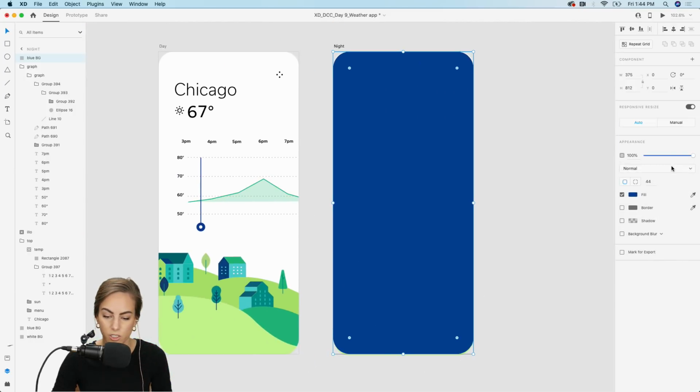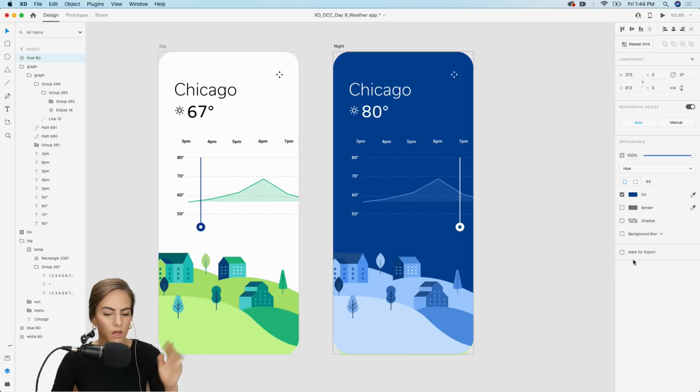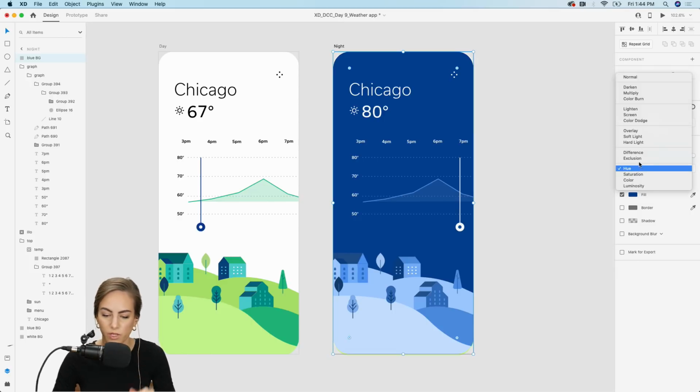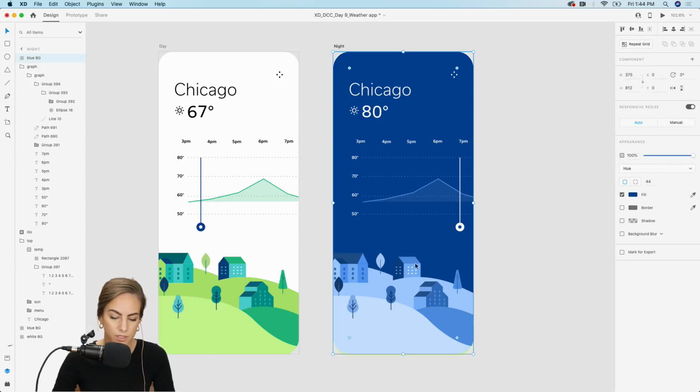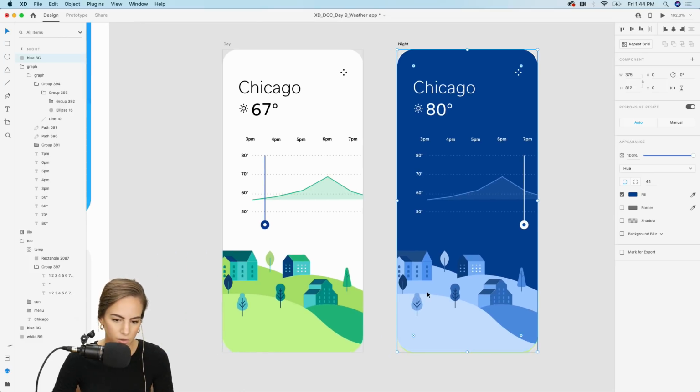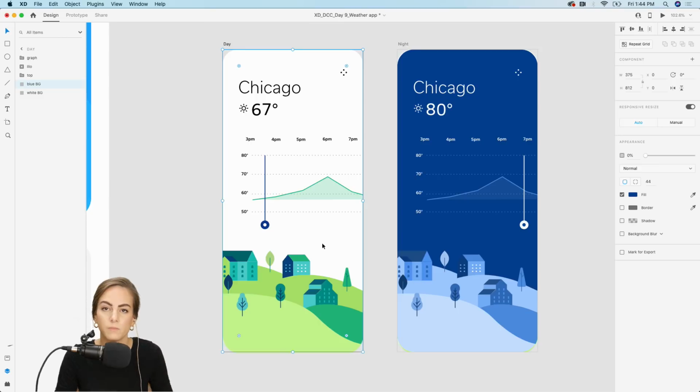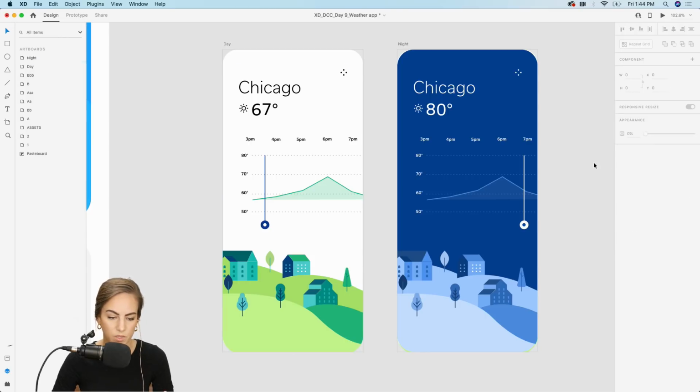We'll change it to hue. And I encourage you to mess around and play with all of these blending modes, because you can make some really cool things. But hue works for us because we just want all of these elements to be different shades of blue since it's nighttime. So let's go ahead and copy this, and in order to make Auto-Animate, we need to paste it as well on the first artboard, and then we can just make this 0%, so it'll be gradual.